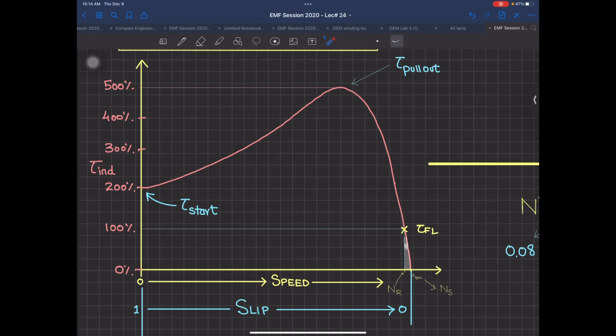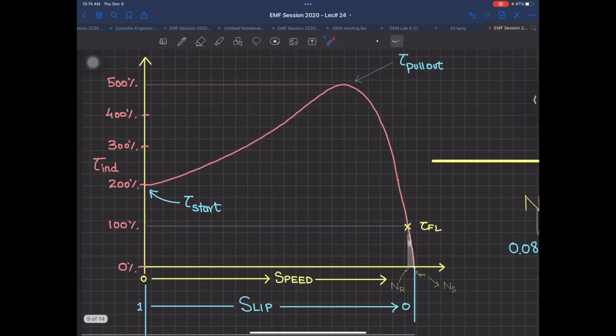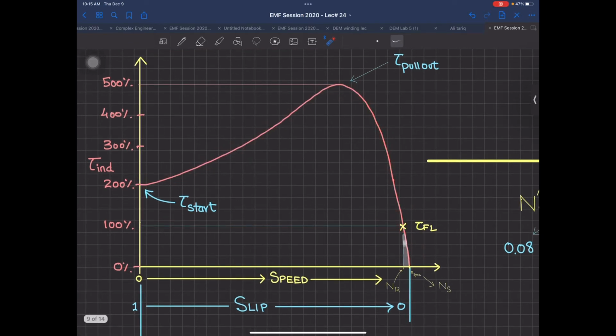Can you answer this also? Question is this. This is the starting point of your machine. You are producing this much torque. So is this going to follow this trajectory and reach a speed of something like 2900, or is it going to follow some other trajectory? And if it is going to follow this one, why? Give the answer on this one and the reason also. What trajectory? I mean, you have a machine, it has started from zero speed, this is over here.